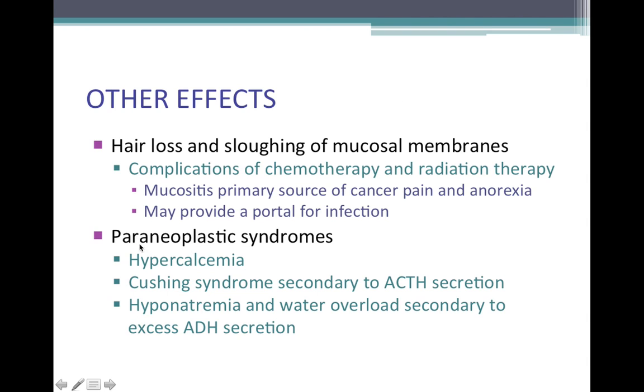Some paraneoplastic syndromes could be where, as those cells start dividing, they might start releasing some different hormones. So what's kind of odd is that some types of cancers can release hormones that can lead to other syndromes like hypercalcemia or hypercortisolism, which is basically called Cushing's disease. So it's kind of interesting that cancer cells can also release hormones.